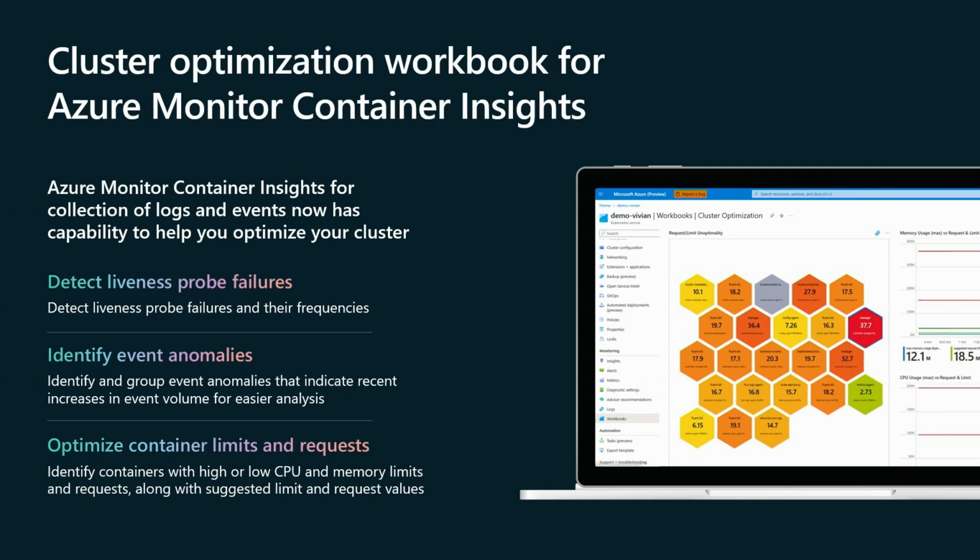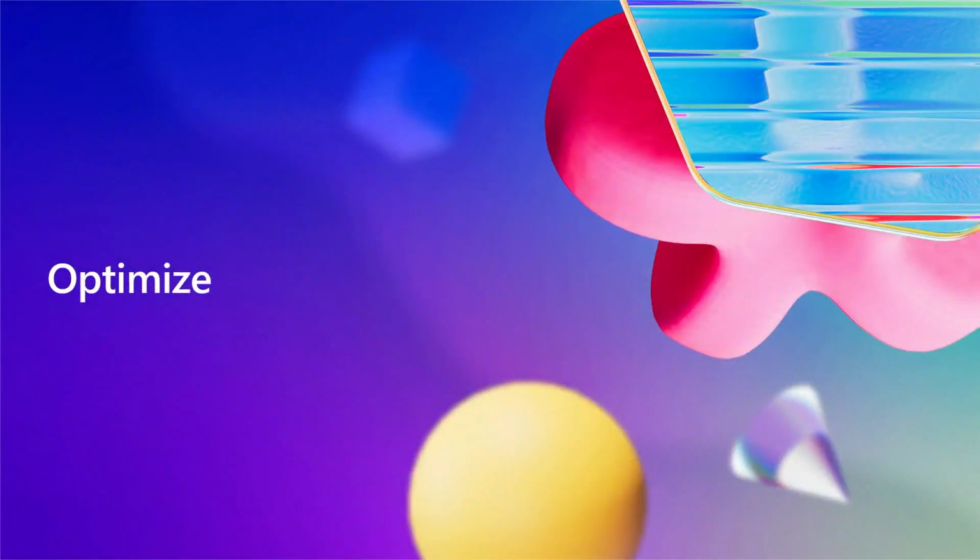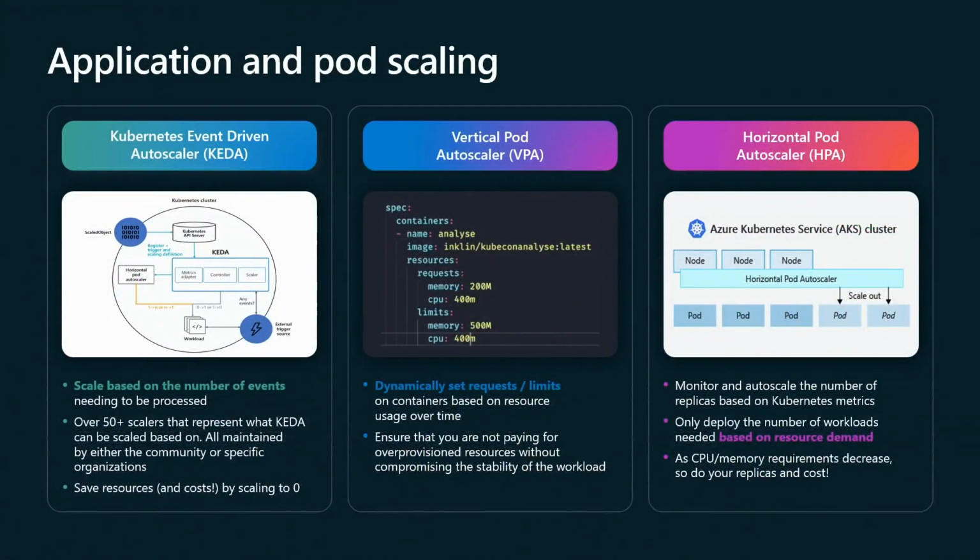OK, so now you know which pods are optimized, which deployments are optimized, which ones are not. How do you know how to optimize them, right? So you know, sure, I get all these deployments are not optimized. What do I do? So you can use something like VPA to recommend what are the kind of usage that you need to put in, what are the resources and limits that you need to throw in. And then you can have KEDA or HPA to scale horizontally as well, so you can have maybe smaller replicas or a better use of the infrastructure itself.